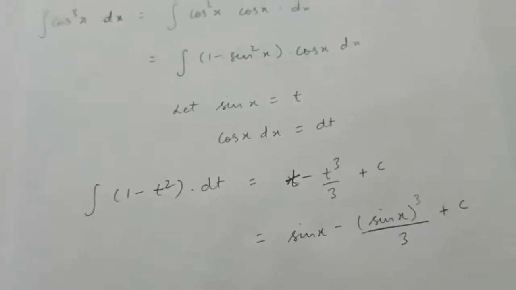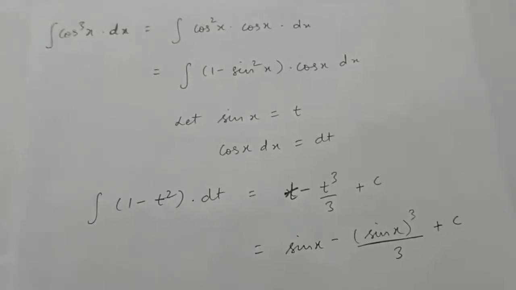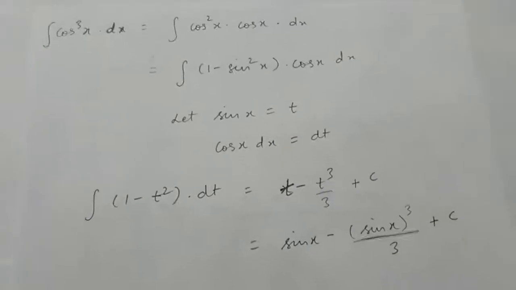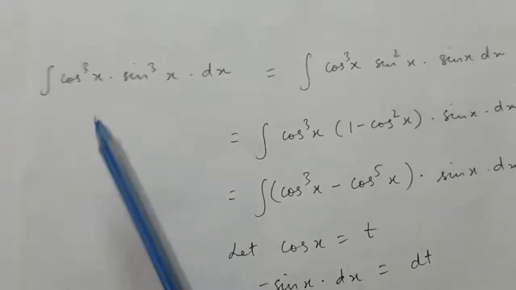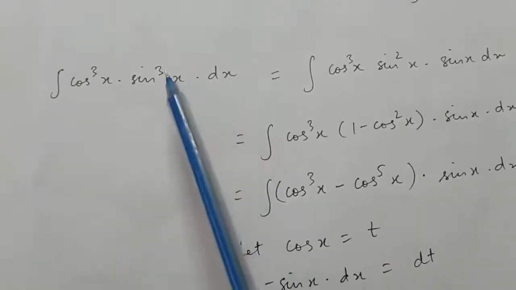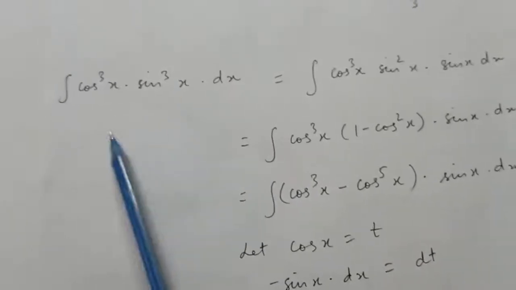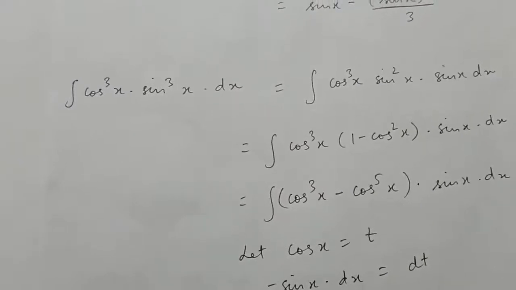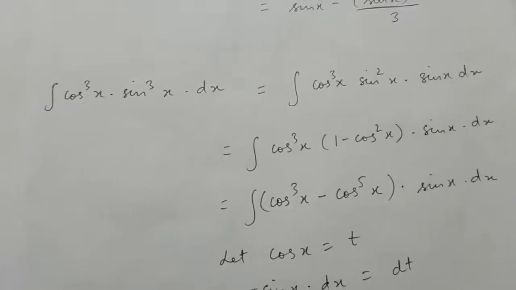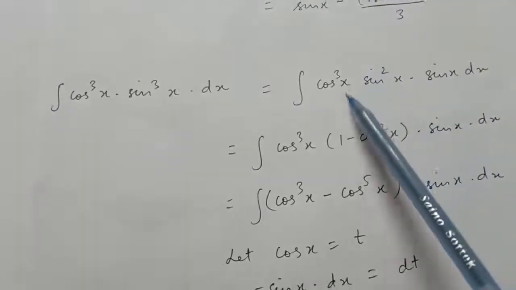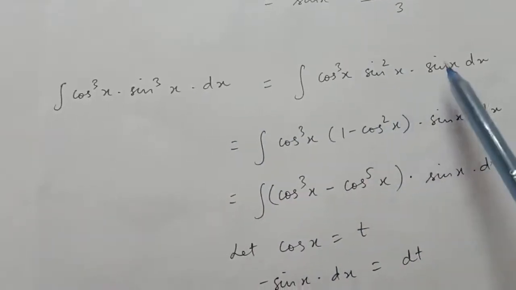So these are the two methods to solve functions like cos cube x or sin cube x. But we prefer this method. Why? See, if these types of functions are given, integral of cos cube x into sin cube x, and you apply the formula of cos cube x and of sin cube x, then you have to multiply those two terms, and it will become typical to solve. But if we apply this above formula, then cos cube x as it is, and this sin cube x can be written as sin square x into sin x.